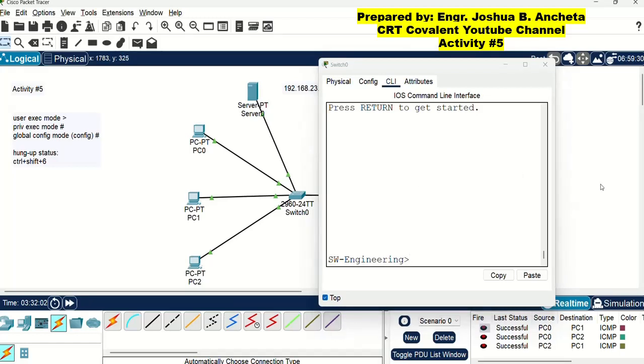Next command to introduce is the password command. So let us put a password to enter the user mode. To do that, let's go to global configuration. First, enable, then conft,